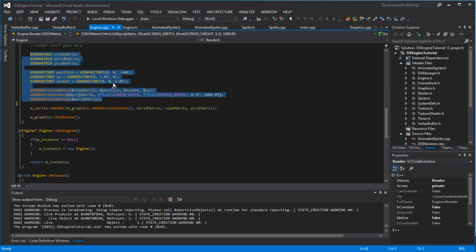Then we still have to create an entity class. Everybody knows what an entity is, so I'm not going to go into what it is. And then we have to create an entity manager that will manage all those entities. Then we want to create a game component class, the same thing I did in OpenGL. And then, of course, we can create a player class where we can have movement, like in my actual